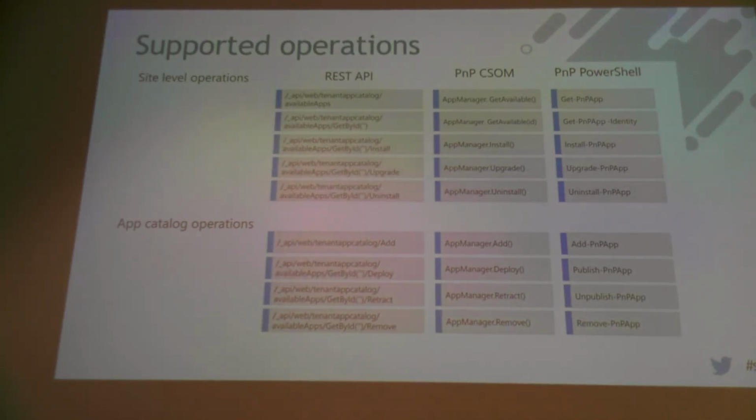Microsoft provided endpoints for those actions, uploading, installing, retracting, or a new REST API for your sites itself. So for the sites where you want to use it, you can get all the available apps. You can get this one specific app, and then again you can install it, upgrade it, and uninstall it. On app catalog level, we can add new things, deploy it, retract it, and remove it. Those are the plain